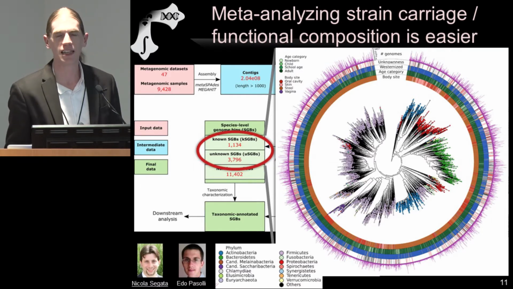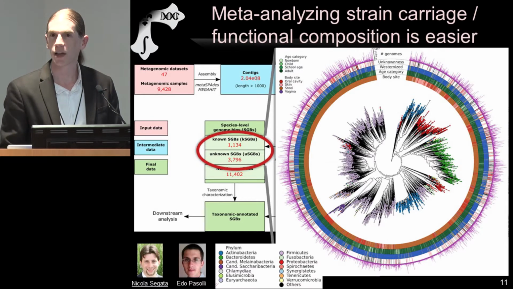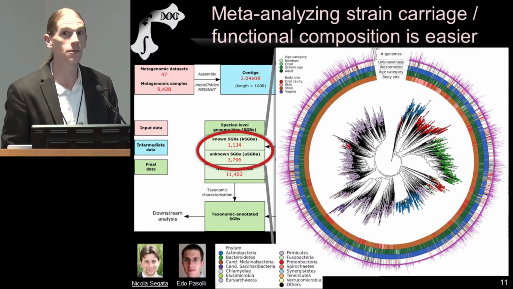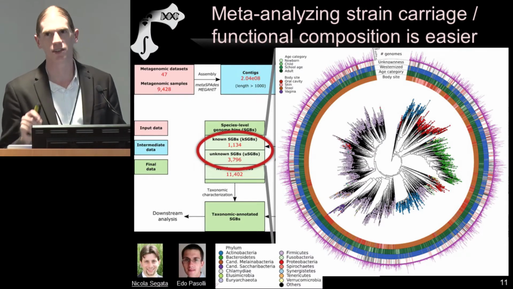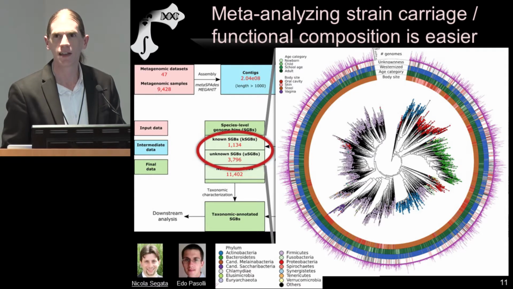So to again draw an example from real data, we're just finishing up a meta-analysis of a different set of about 10,000 shotgun metagenomes drawn from around the globe, focusing on strain composition rather than feature abundance like we saw in the previous slide. And here there's some fairly serious computing that goes into just processing 10,000 different metagenomes. But what